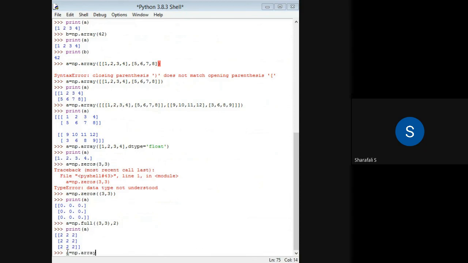Here also I am using the array function, with 1 2 3 and 4 5 6, so I have given these two lists.